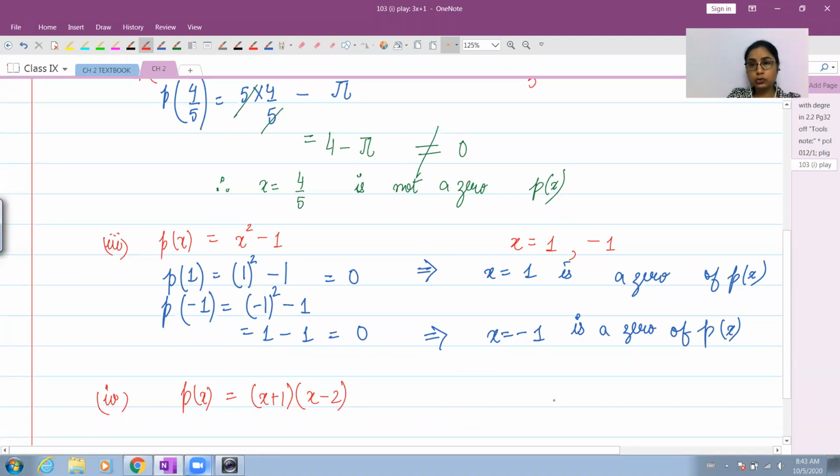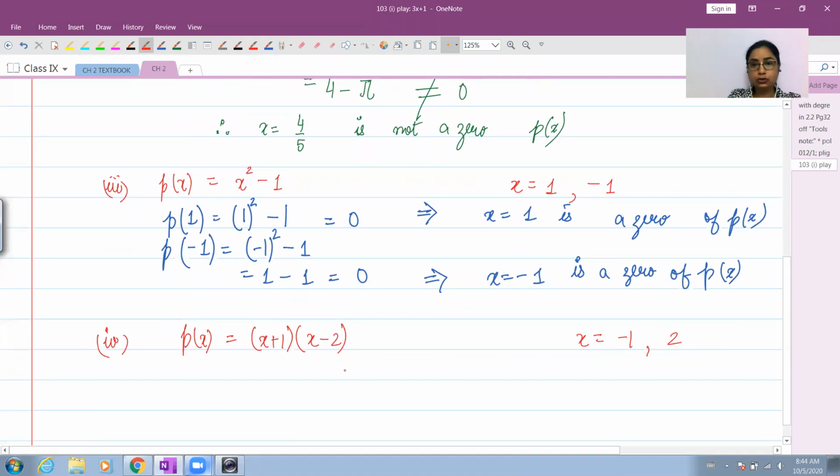So now we have again an expression given as a product. So I'm not going to solve it or simplify it. I'm going to work with this as such. As it is given, you can do the simplification by replacing your values. The two values are x equals minus 1 and 2. So let's put these values one by one and see whether or not our answer is 0.